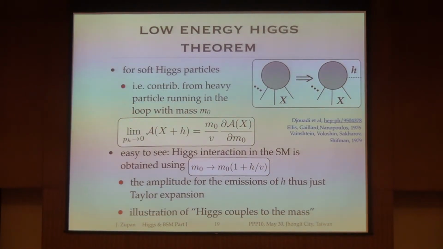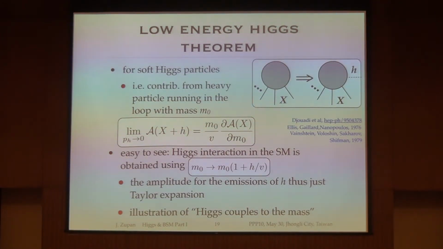What they say is the following. Let's say you want to know what is the matrix element for a certain process. I don't know, let's say the W scattering that I had before. But on top of this initial process that I start with, I emit also a Higgs. Now if you want to calculate this, there is a very nice relation: if you already know the matrix element for this guy,